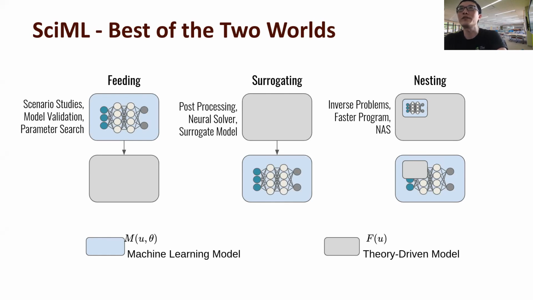They also use scientific machine learning to do the inverse problem and many other things. But replacing existing theory-driven models is actually a very popular and widely adopted approach now. That's mainly because the machines we are using nowadays are heavily equipped with GPUs, like the one we have at